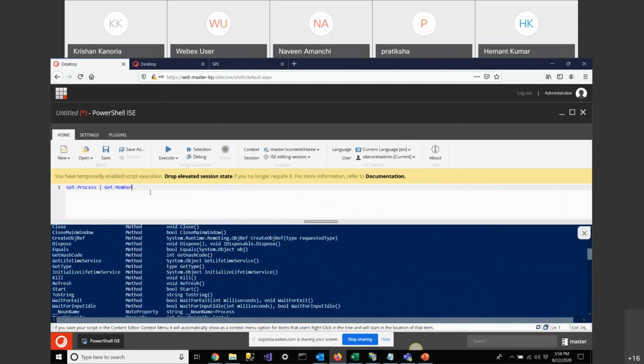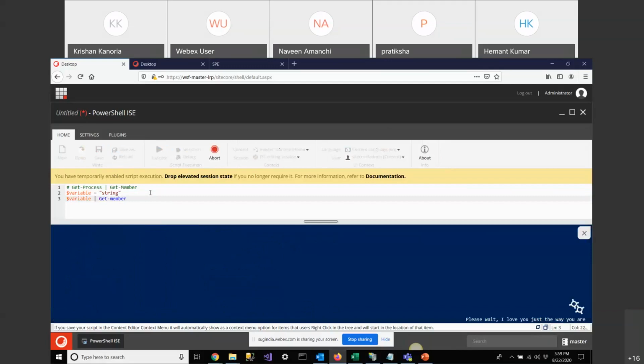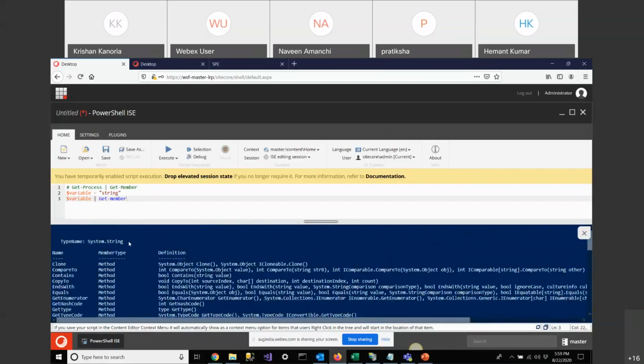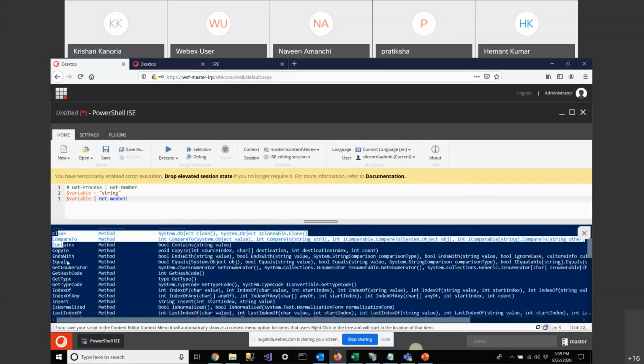Suppose I see some variable of string type, and here I write the variable, then a pipe, then Get-Member. If I execute this, it will give me the type, System.String, and all the members: Clone, CompareTo, Contains, Copy, and so on.